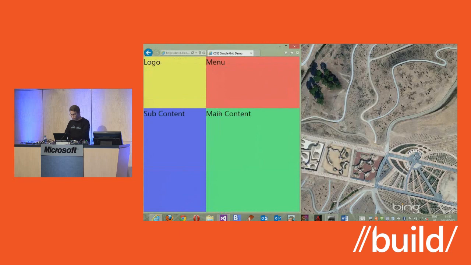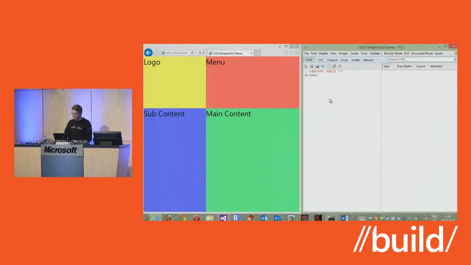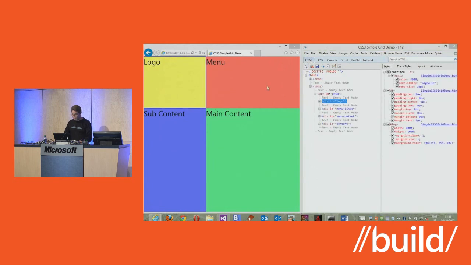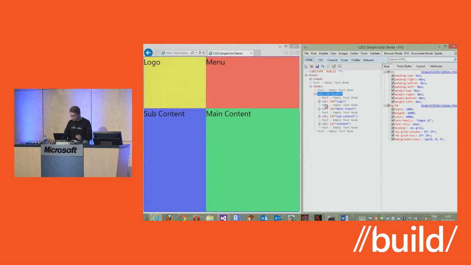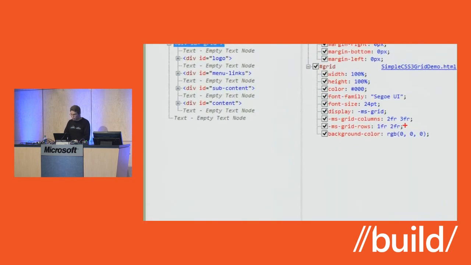So let's have a look at the code. I'm pressing the F12 key, which is our development bar in IE. And I'm going to target, for instance, this element. So if you see here, I'm defining 2 rows, 1 FR and 2 FR, to say that the first row will take 1/3 of the height of my global window, and the second one will take 2/3 of the remaining space. You see? So you can build some layout without being pixel-based, which is really, really great,